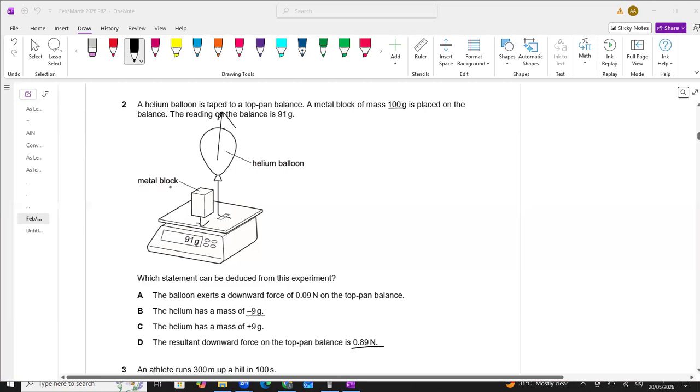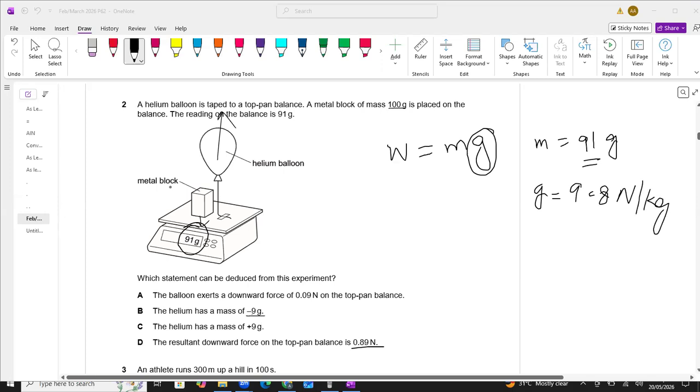Force means total weight. And how can we calculate the weight here, students? We will use the formula W equals mg. So the total mass on the pan balance is given as 91 gram. So I'm writing here, students, mass is given as 91 gram. First of all, we have to convert it into kg. What is the reason behind this? The reason is that the gravity value we usually take is 9.8 Newton per kg. So it means, students, if we are taking Newton per kg, we have to take the mass in kilogram.